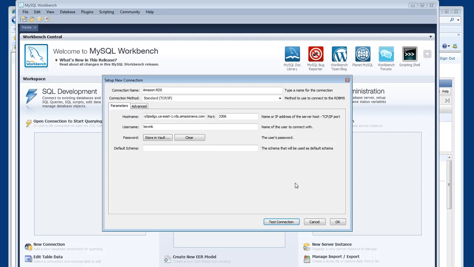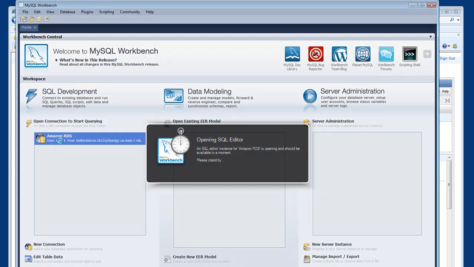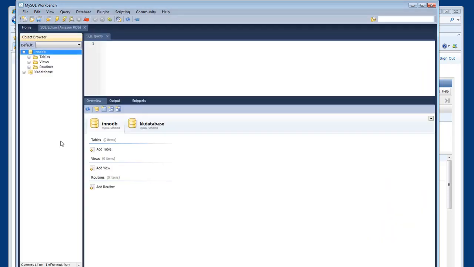Yeah, it seems like it's going to connect okay. So let's go ahead and open that connection, and it puts me right into a session where I am now connected to this server. I'm going to just go ahead and select that database that I